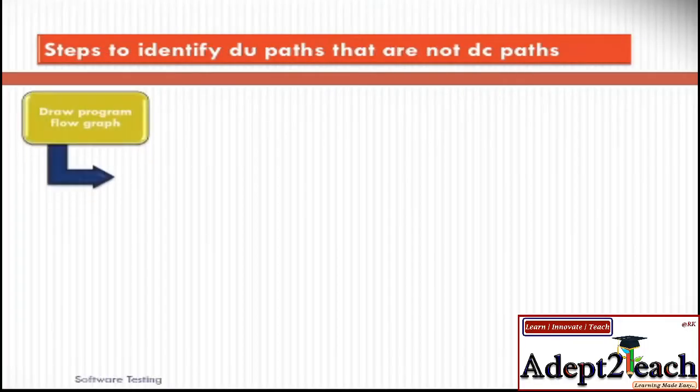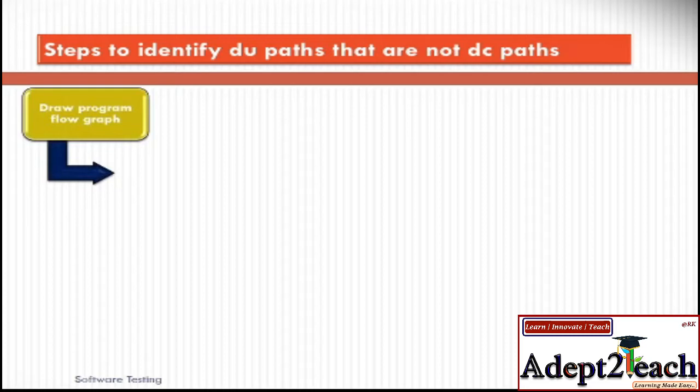So how do we do this data flow testing, and then how do we identify those DU paths that are not DC paths, because those are the areas which are error prone areas. So first we have to make a control flow graph based on the source code that is available to us.